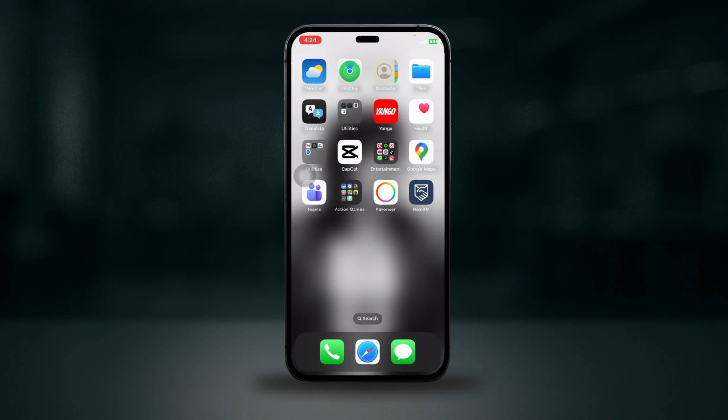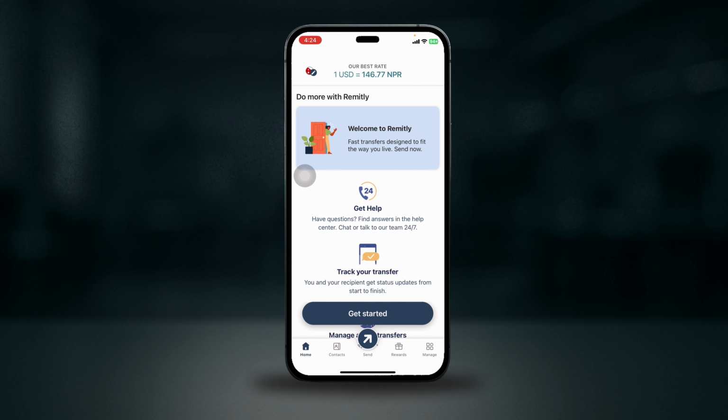Next, make sure you're entering the correct email and password. Double check that caps lock is off, and if you've forgotten your password, use the reset password option to create